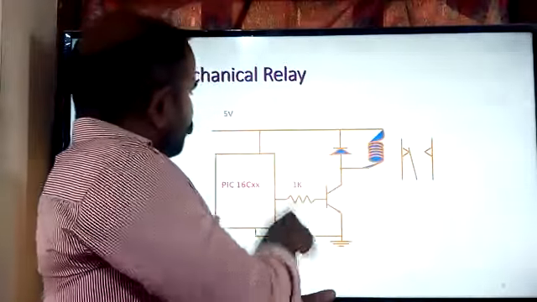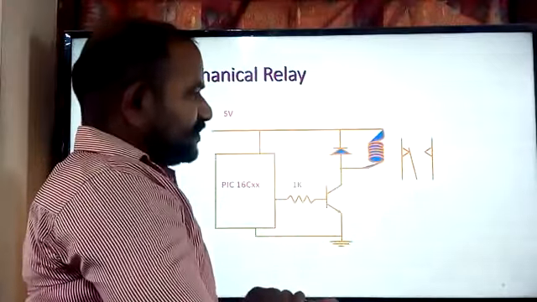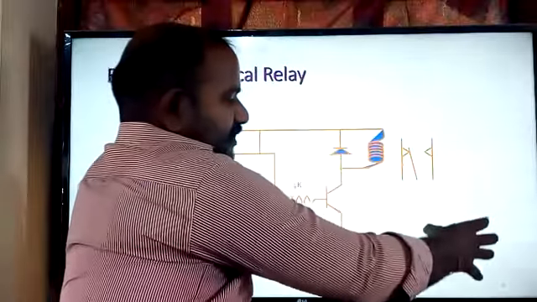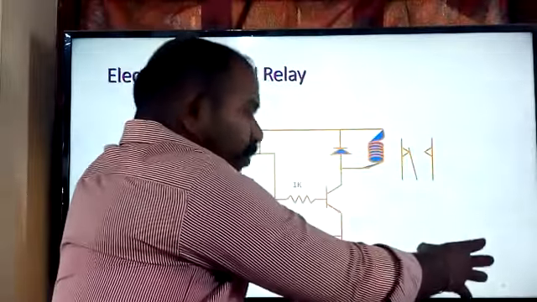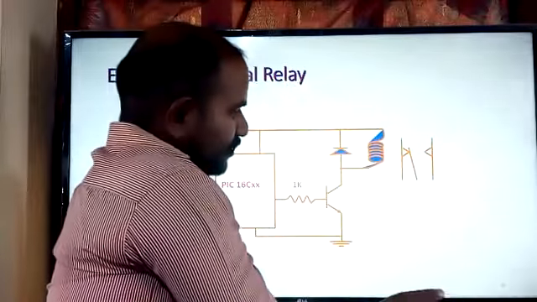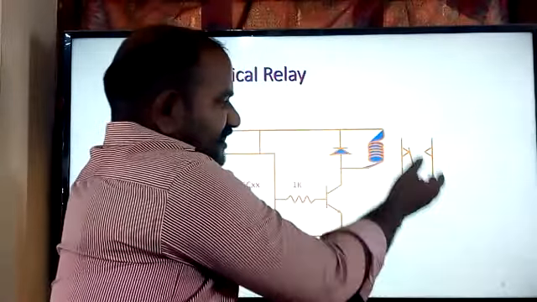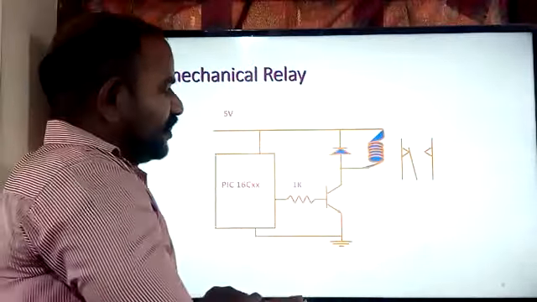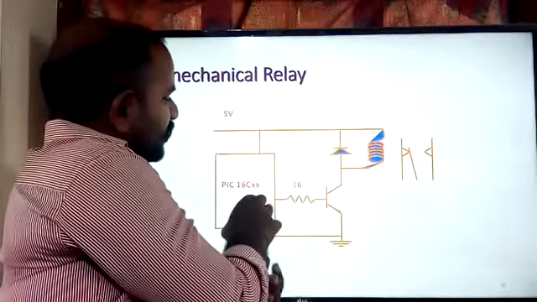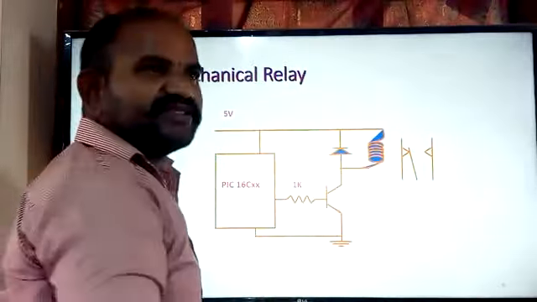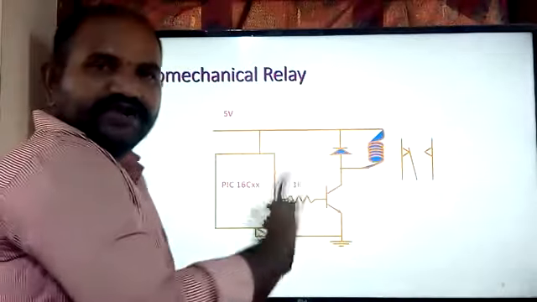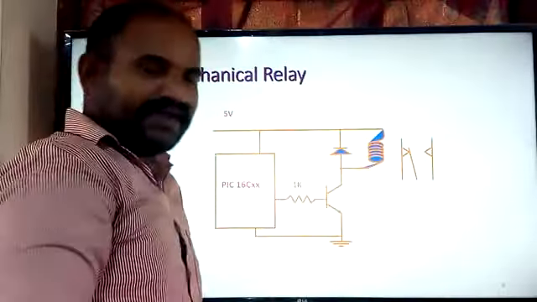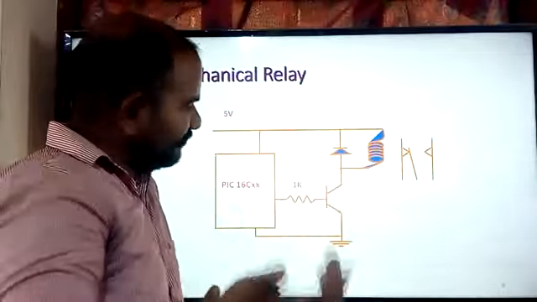Whenever you turn on this PIC microcontroller, let us suppose you would like to turn on an AC power device, one device which works with the AC power supply and is connected to the relay. When you turn on the PIC microcontroller, what will happen? The PIC microcontroller is sourcing 20 milliwatts. So I am using the diode, and I am using the BJT as a current amplifier. Why I am using the BJT as a current amplifier, I will let you know.